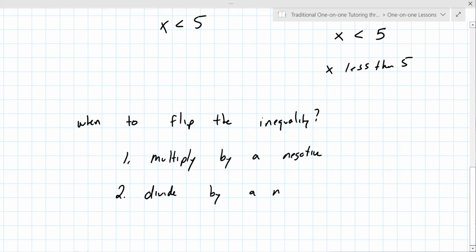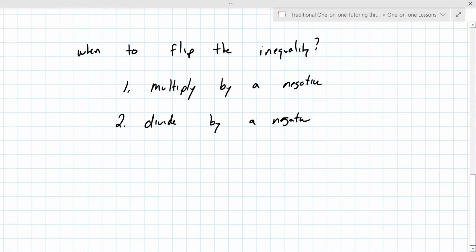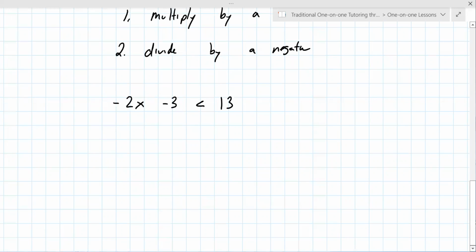So if you multiply or divide by a negative, you have to flip or switch or change, whatever word you want to use, you're going to do that to the inequality. So let's look at an example here. Let's say it's minus 2x minus 3 less than 13. Okay, so we're going to solve this by first adding 3 to both sides. So minus 2x is less than